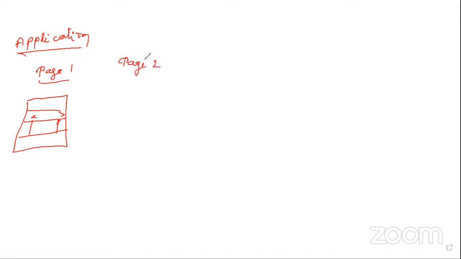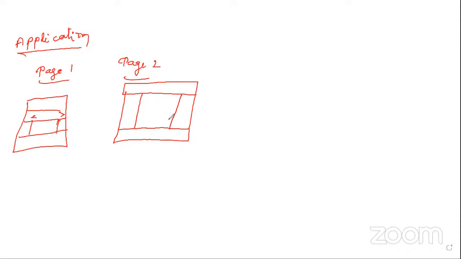Page 2. In this page 2, think that we also have header, footer. In case you want a left sidebar, right sidebar, there's a different layout that I am drawing, and